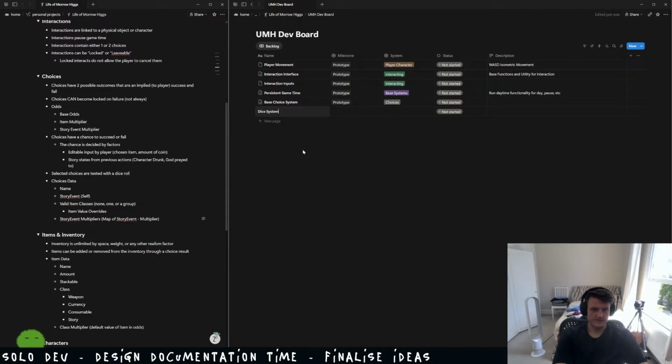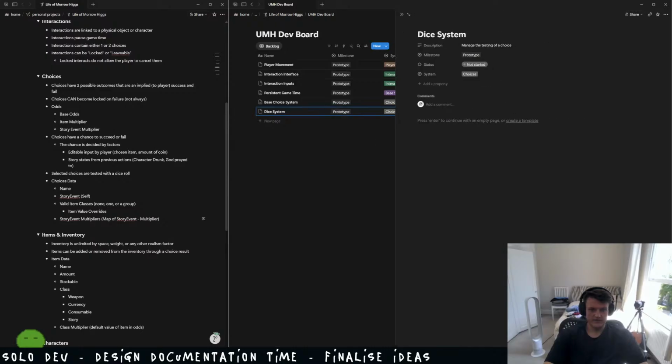Dice system. This is part of the choices. We need it for the prototype. Base choice system: manage data around choices, manage the testing of a choice. So in the dice system, that needs to